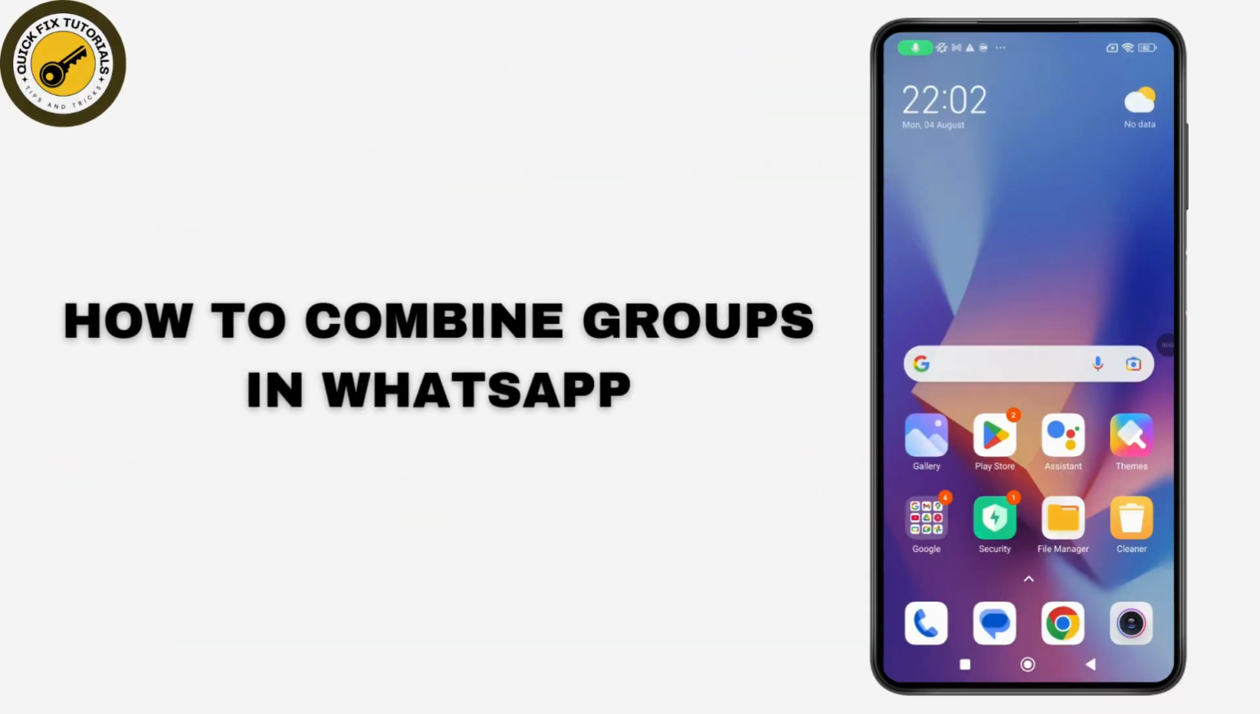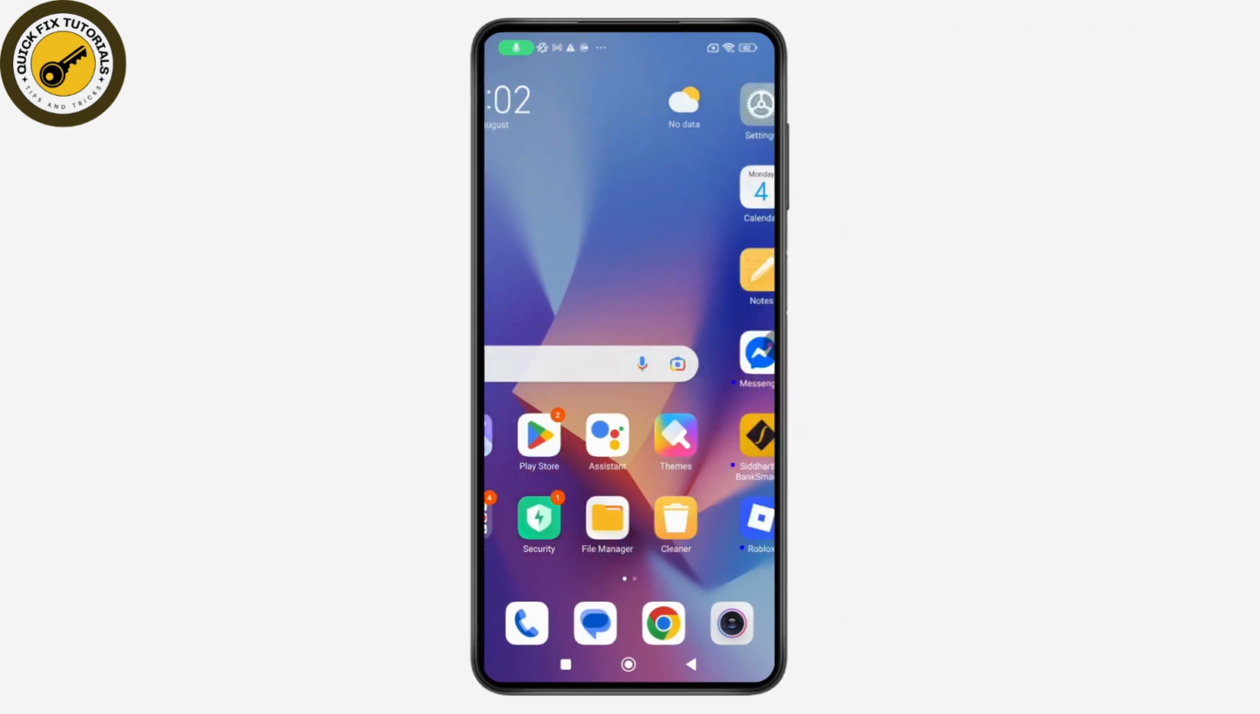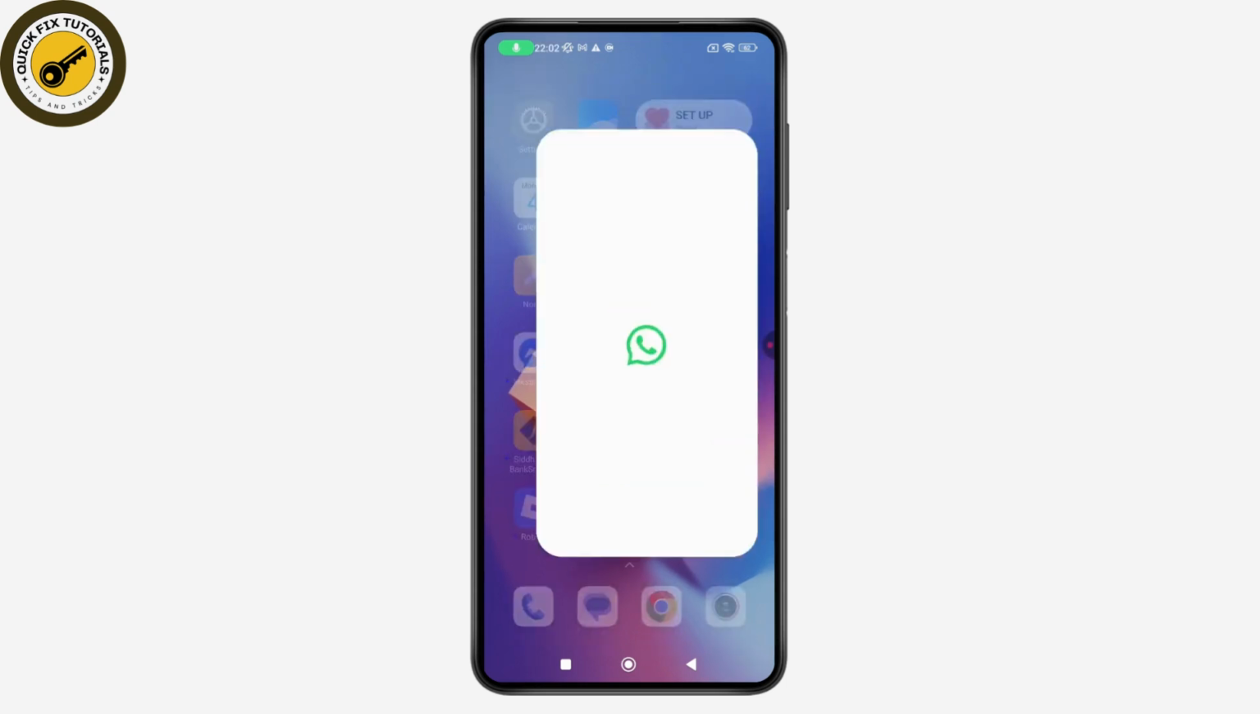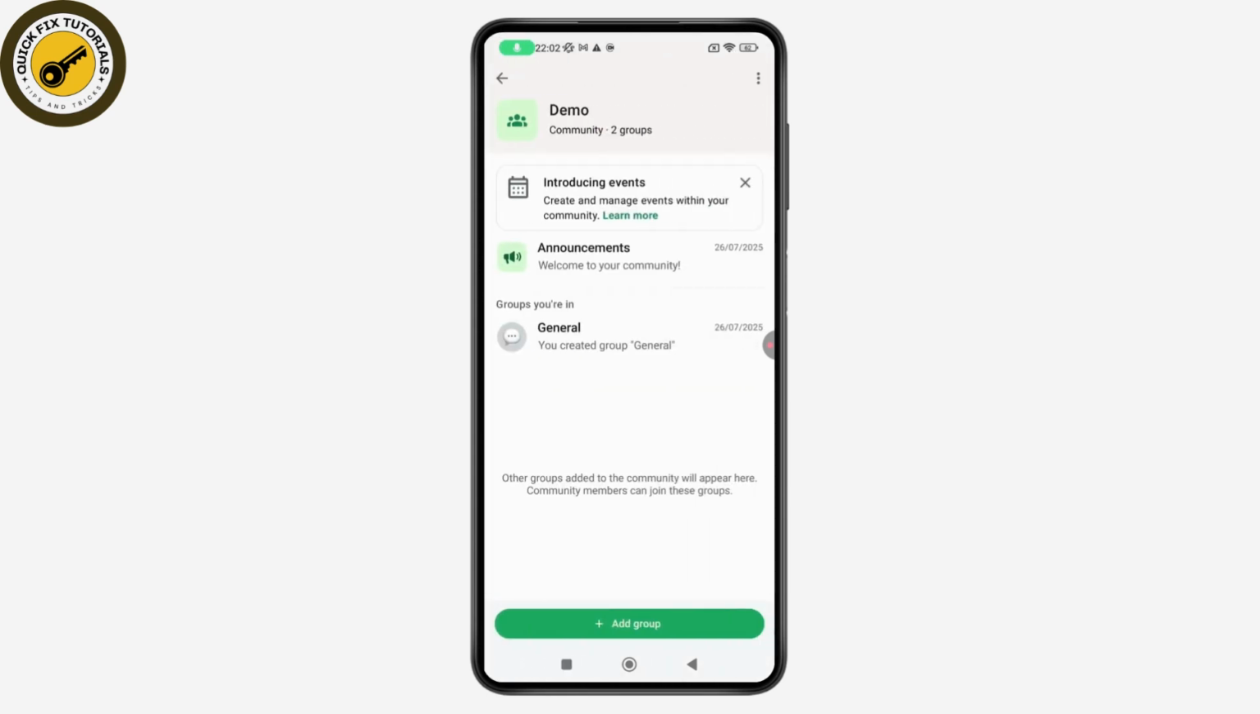How to combine groups in WhatsApp. So if you want to combine groups in your WhatsApp, then what you need to do is first you need to open up your WhatsApp application. On your WhatsApp, you need to go with communities, and if you don't have a community, you need to go and create a community. Once you have your community, you need to tap on your community, and here you can